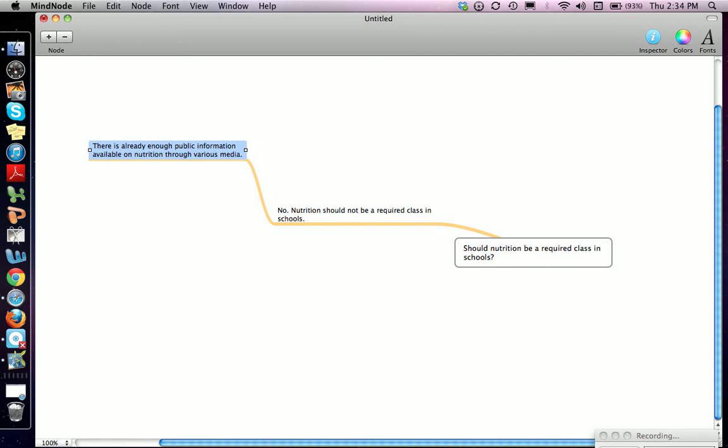Okay, so my second possible argument I could think of for why I don't think that nutrition should be a required class in school is that instead of taking off another elective from kids and having them take nutrition classes, I think what we should probably do is slow down. Slow down our lifestyle. So many of you are rushing from your last block class to your sports practice or a club or play rehearsal, and then from there you go to tutoring sessions, and from there you maybe go